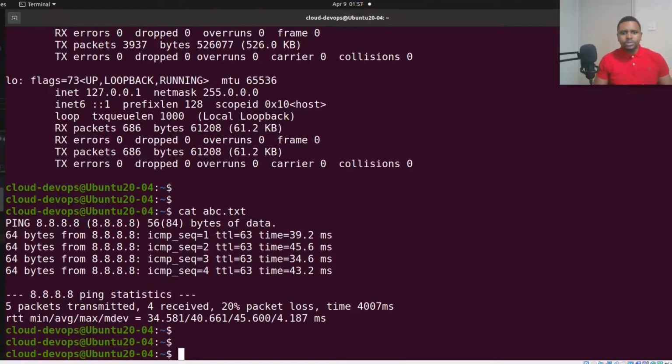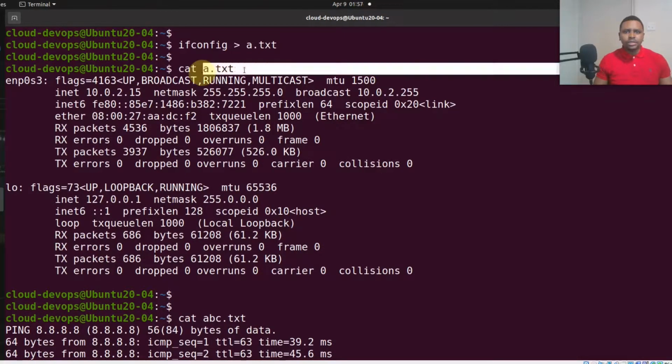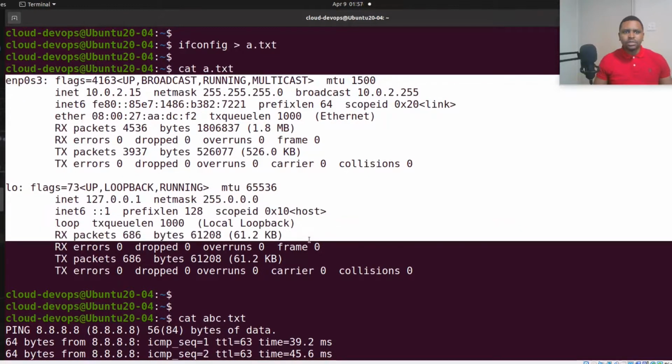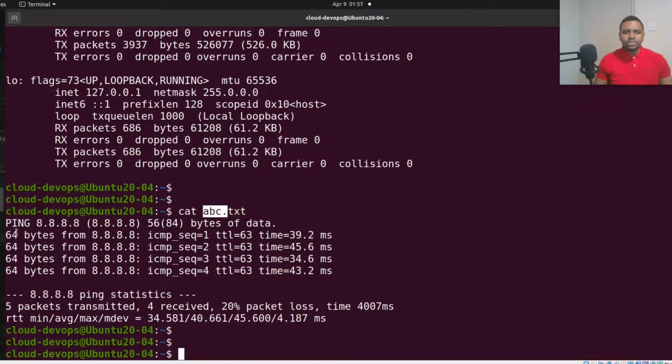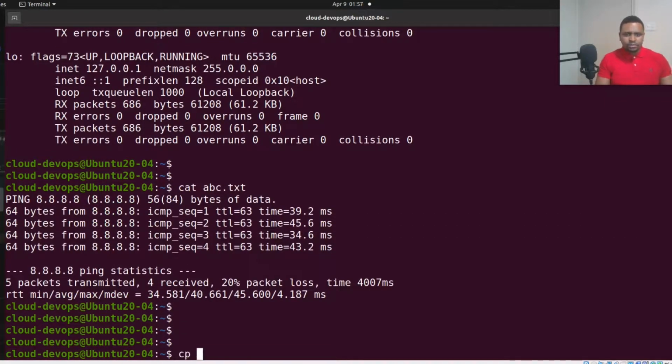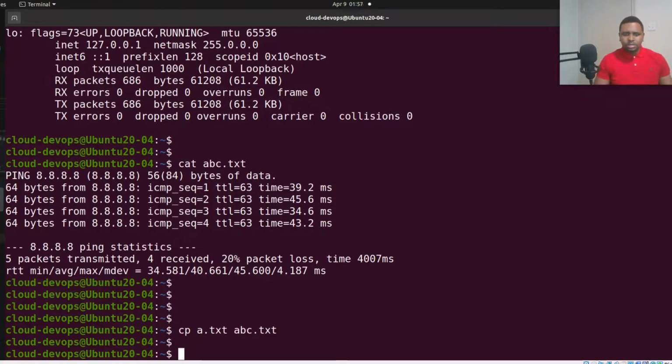And then let's say I wanted to copy contents of a, which in this case is the ifconfig, over to the abc file, which had the ping content, right? So the syntax for that is cp. I want to copy a.txt, so I want to copy the content of a over to the abc. Okay, enter. When I check, let's see, cat